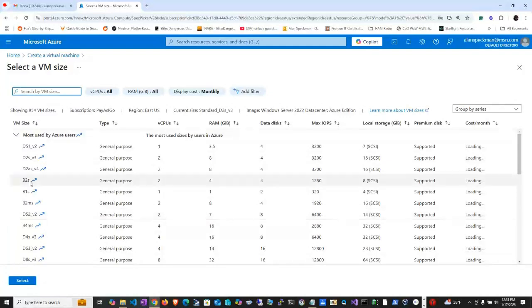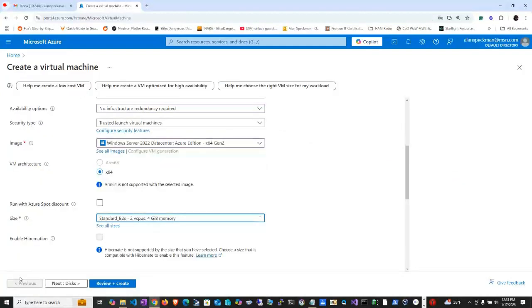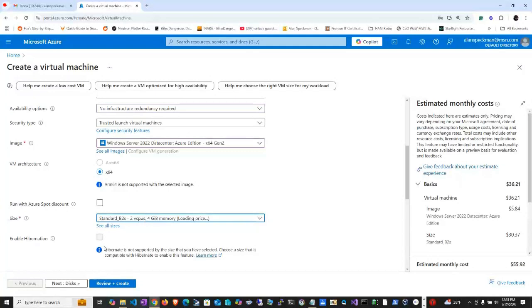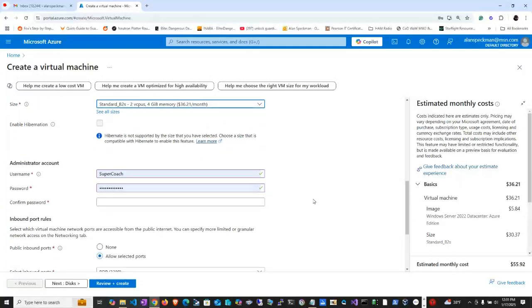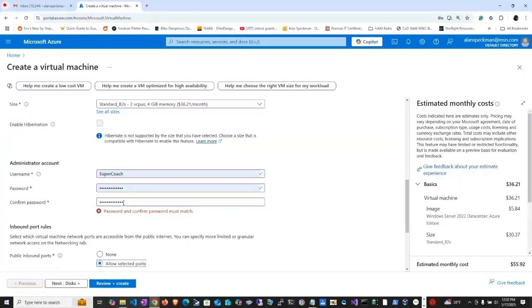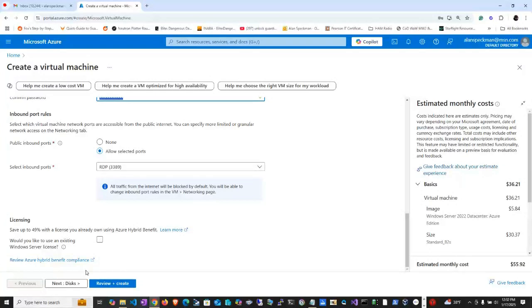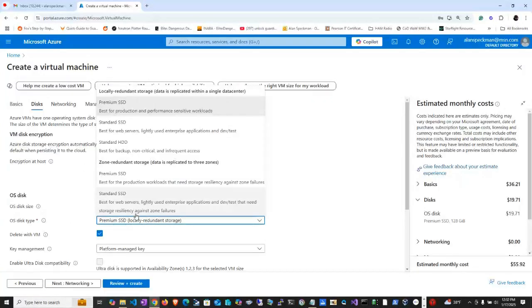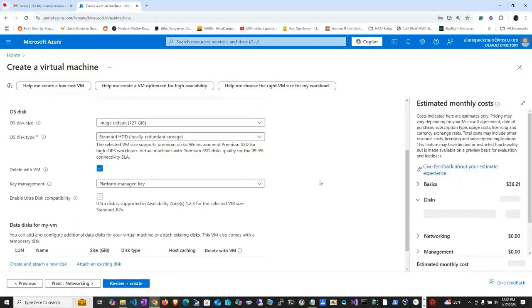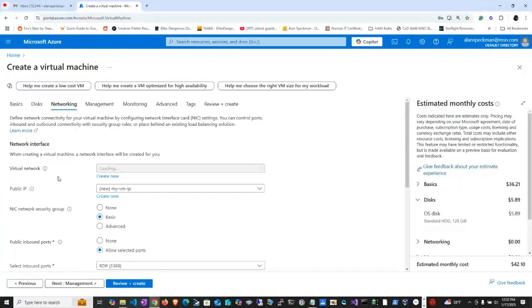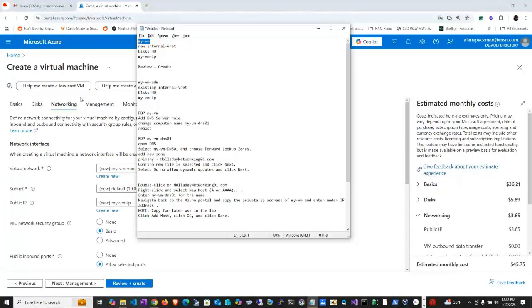Okay, and then we're going to just do B2S, real small footprint, and let's confirm this. There you go, there's RDP. That'll be an open port. I'd always select the HDD, just cheaper, and then networking. I'm going to create, let's see,